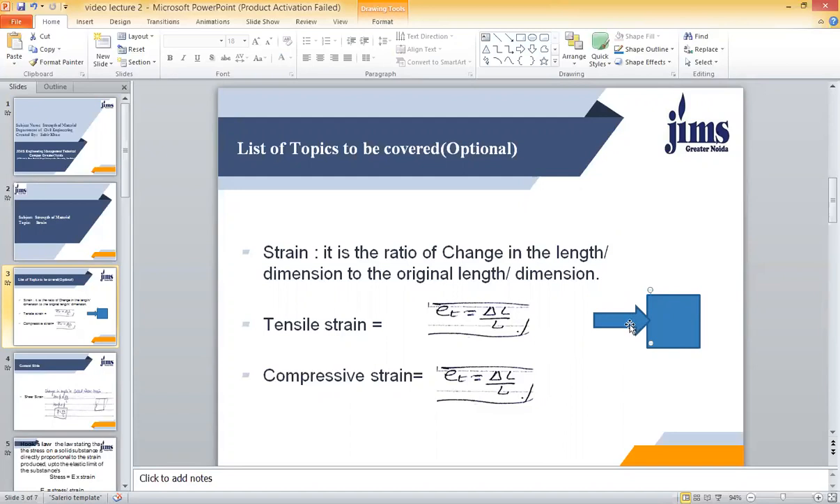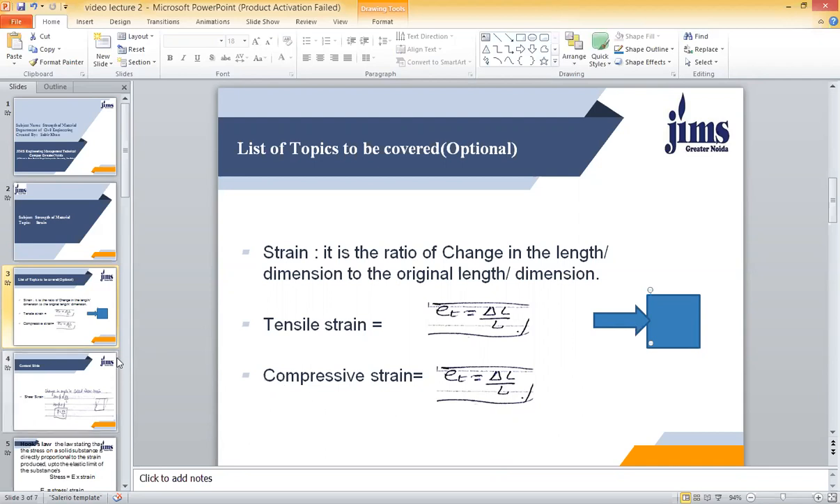It is not only on the dimension, on the length, but the change in the volume to the original volume is also a strain. Change of width to the original width is also a strain. Okay, so